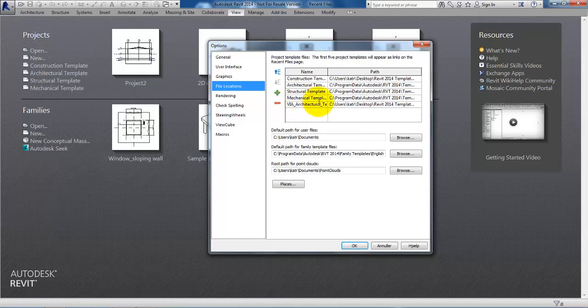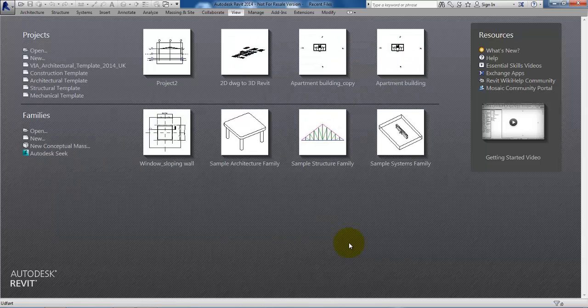And now I will just move the VIA template to the top. So I'll just click on the template and then use the arrow to move it up, and then I will say OK. And now we can see that we have a shortcut for the VIA template. To create a new project we can select the VIA template,